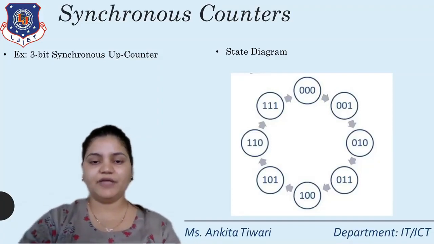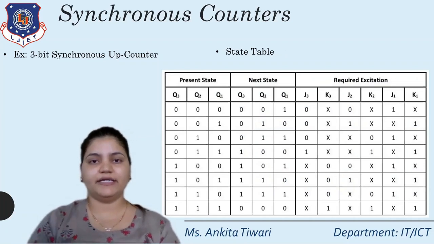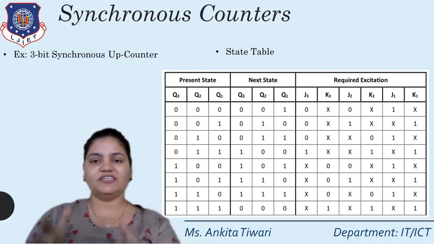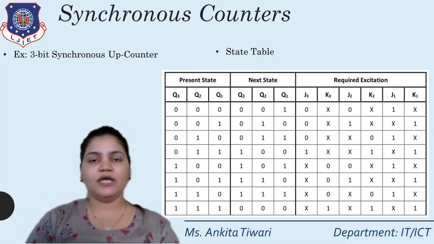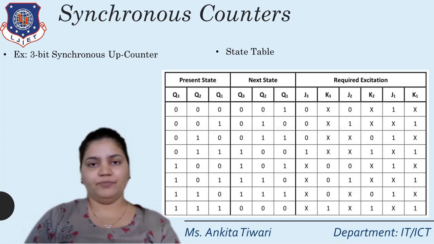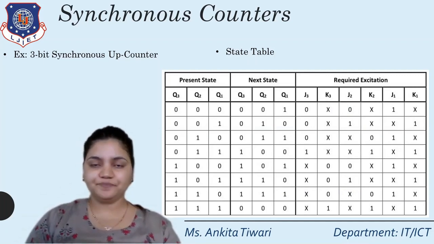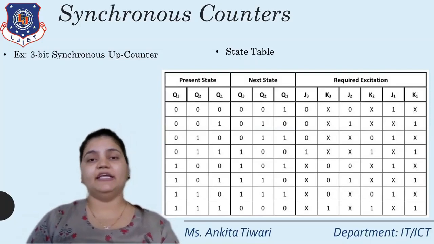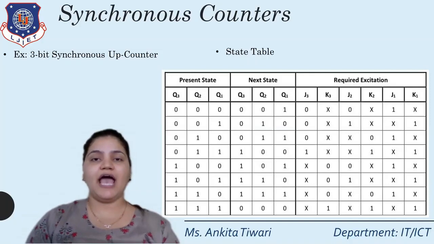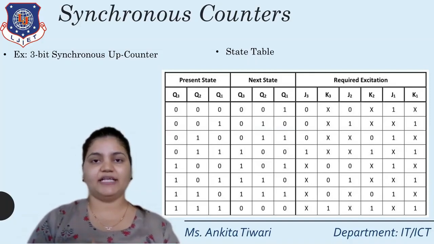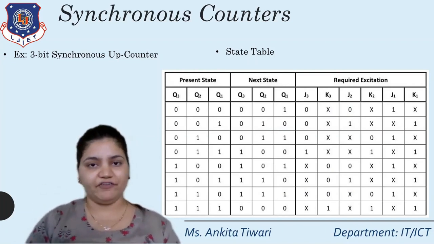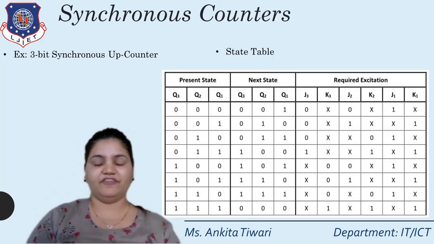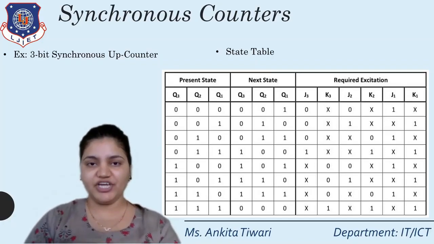the questions. The next step that we need to do in a synchronous counter is the state table. As you can see here, in the table representation, the present state is the first column, the second column is the next state, and the third column is the required excitation table. Now here I have shown you the example using JK flip-flop. Basically we have 4 types of flip-flop: SR, JK, T and D. So you can use any of the flip-flops and draw the circuit. Here I have taken an example with JK flip-flop. You can draw the same circuit using D flip-flop, T flip-flop, or SR flip-flop.